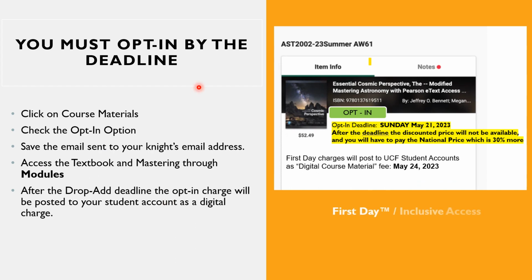So one more time, just to be sure, click on course materials, click the opt-in button, and then check your email. This is where you'll receive a confirmation email directly from the bookstore that you have opted in. Then you're going to access the textbook and Mastering through the modules tab. After the opt-in deadline, sometime around May 24th, you should see the charge of that $52.49 appear on your UCF